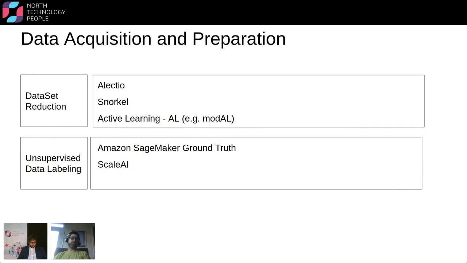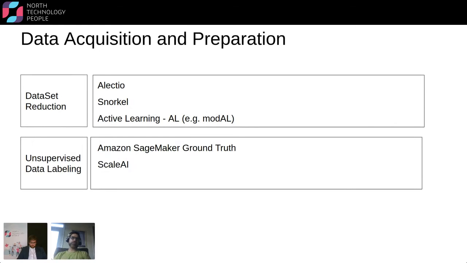There are other products available like Amazon SageMaker Ground Truth Labeling, Scale AI, and others, which use ML to do your labeling. How they work is they expect that a certain amount of data will be labeled. Once you feed in the labeled data and then the unlabeled data, they start labeling the unlabeled data for you using a machine learning model that they have trained. But again, it is an ML model that they have trained based on your labeled data. It may have issues, so your data labeling issue will still exist.